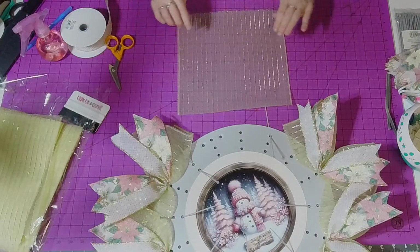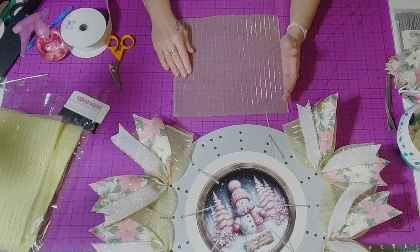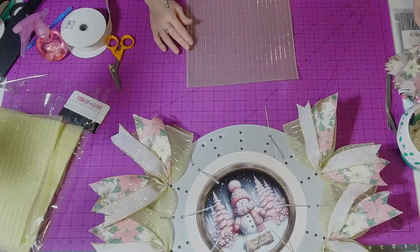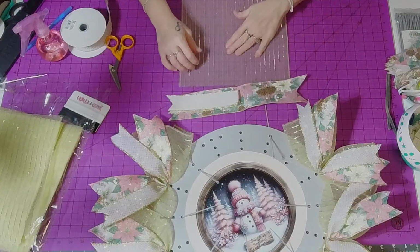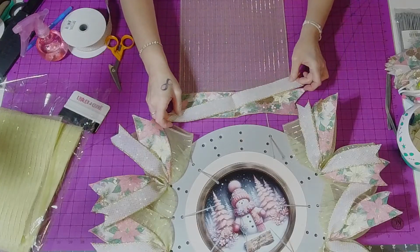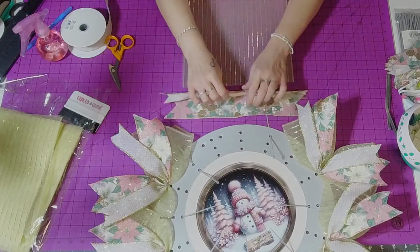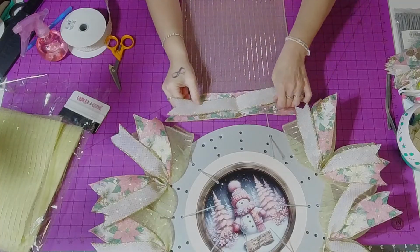So you're going to take your mesh with the factory edge on the left and right in front of you. This is a 10.5 by 10.5 square. Okay. Take one of your ribbon packets, open it up. So open up the 2.5, then you're going to open up the 1.5, and I'm just going to take that 1.5 and line up the 2 lines at the halfway, just kind of line them up, but